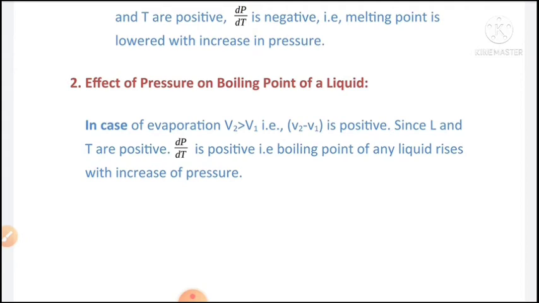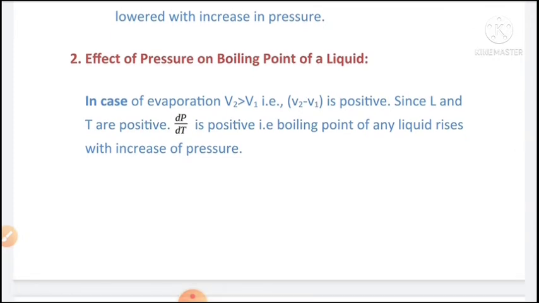Okay, because the boiling point of the liquid increases and the temperature of the liquid increases. As a result, the materials we took in the cooker are cooked in lesser time. So this is the principle in the pressure cooker. Here in case of evaporation, V2 greater than V1, that is V2 minus V1 is positive. Since L and T are positive, dP by dT is positive, that is the boiling point of any liquid rises with increase of pressure. So you know that when we go to hill areas, when we cook the rice on the normal stove,